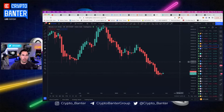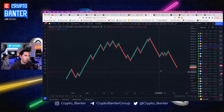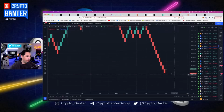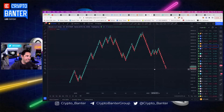If the market is showing you to go long, you do need to go long. So touching on this one as well, which is another Japanese candlestick charting pattern, is the Renko chart. You can see that it is slowly attempting to print its first green candle over there. It hasn't completed yet as well. Like with the Heikin Ashi, we're going to have to wait a little bit, but this has been fantastic in catching